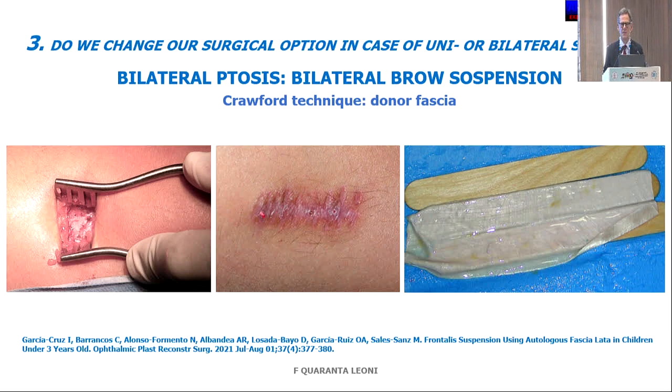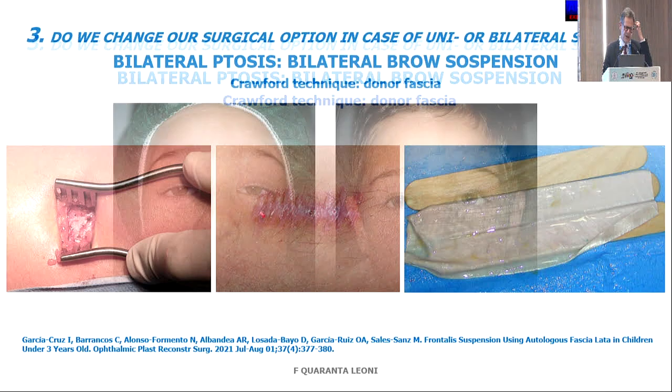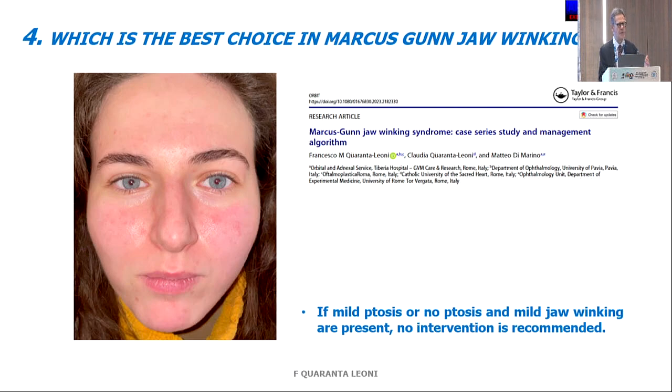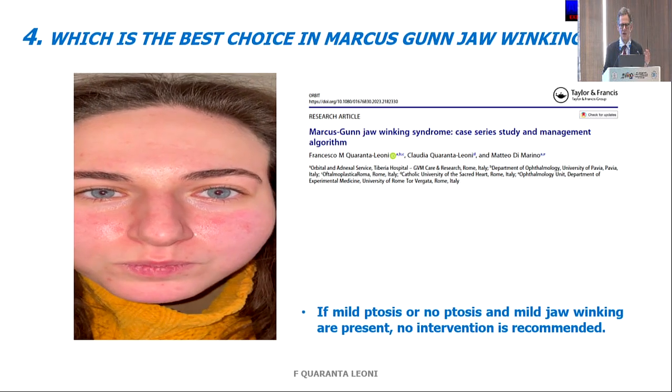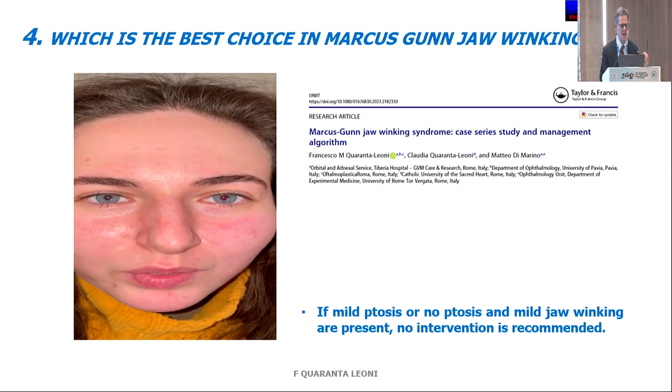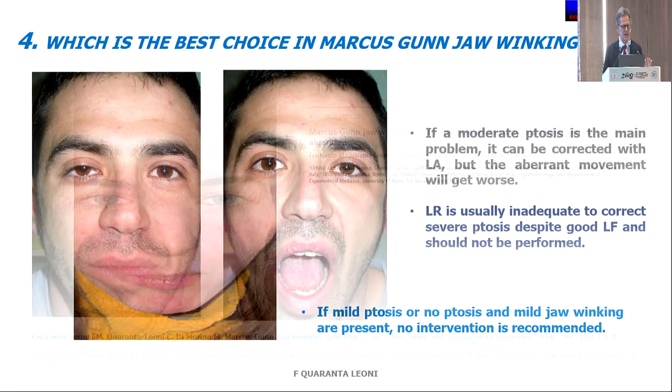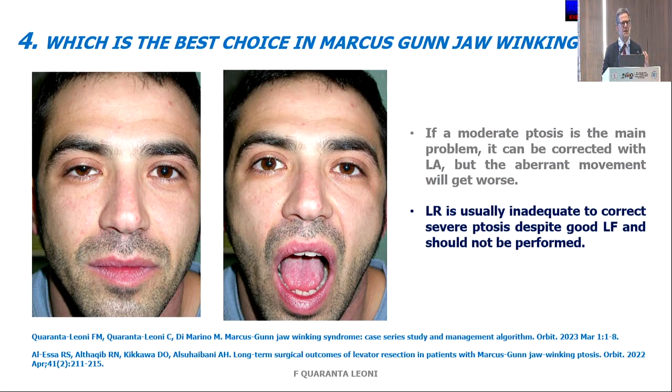So another option might be donor fascia, which you can obtain very easily in Italy. And in my experience, long-term results are exactly the same if you use donor fascia or autogenous fascia lata. So no big differences. And so for controversies, which is the best option in Marcus Gunn jaw-winking ptosis? So probably you do nothing if there is mild ptosis or no ptosis and mild jaw winking. No treatment is needed. What would you do if there is a reasonable ptosis and